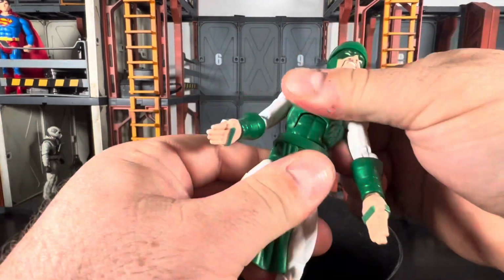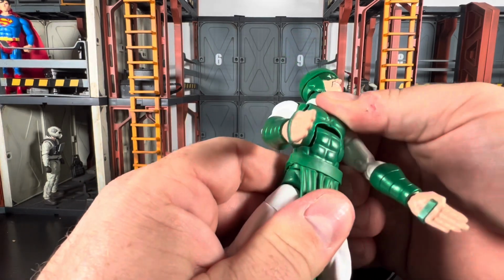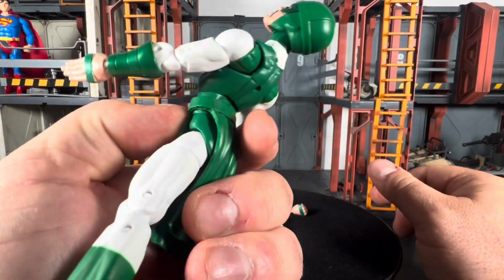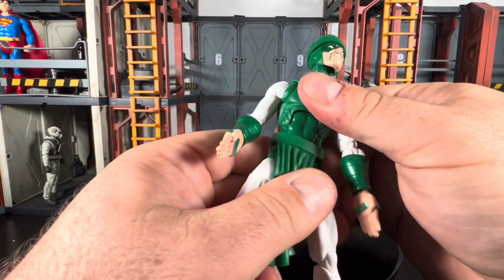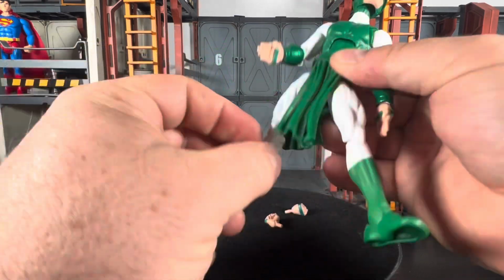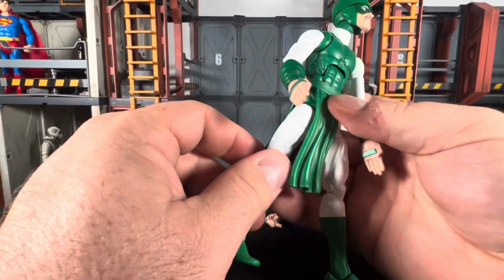We have a swivel at the waist. We have an ab crunch, which really does not crunch too far forward. And then we crunch it back, and there's a huge gap there. I know that bothers a lot of people. Legs go forward. Legs go back a little bit, limited due to the sculpting of the rear